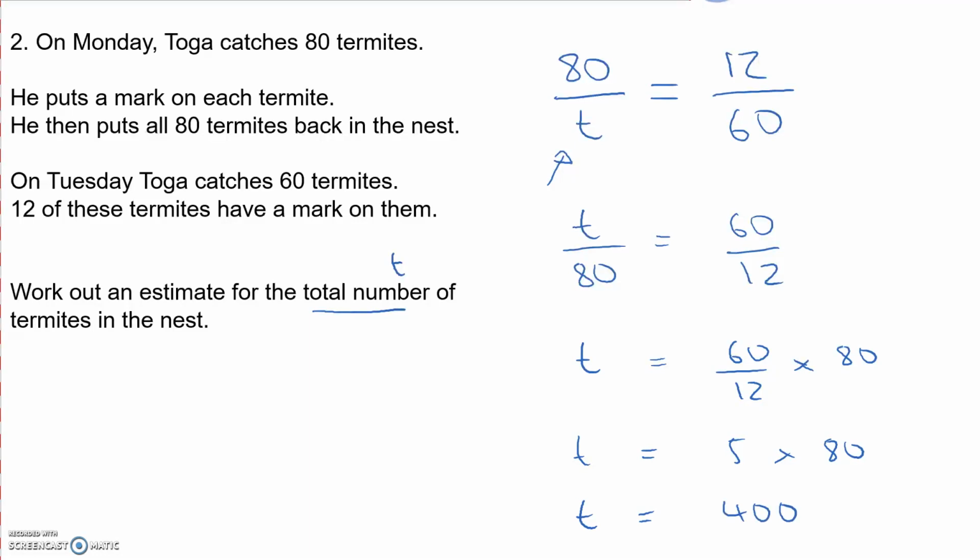We could do 8 times 5 is 40 and add another 0, or do what I do. If I have to multiply by 5, I times by 10, that gives me 800, then halve my answer. So T, the total, is